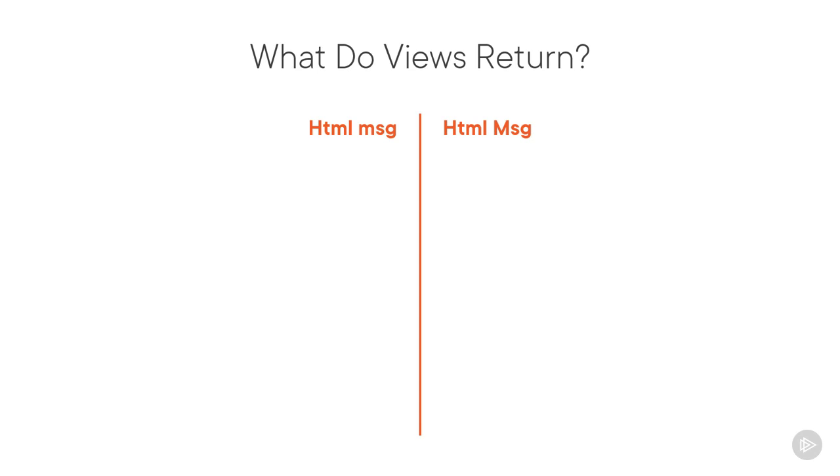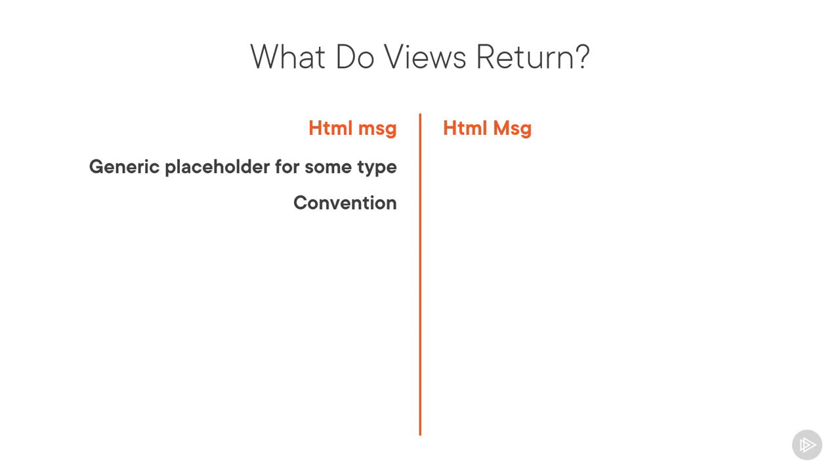The question is, what do views return? In the previous demo, we saw that views can return either HTML lowercase or uppercase messages. Let's see when to use which one. Think of the lowercase message as a generic placeholder for some type. The actual name is a convention to show it's a placeholder for a concrete type of message that can be